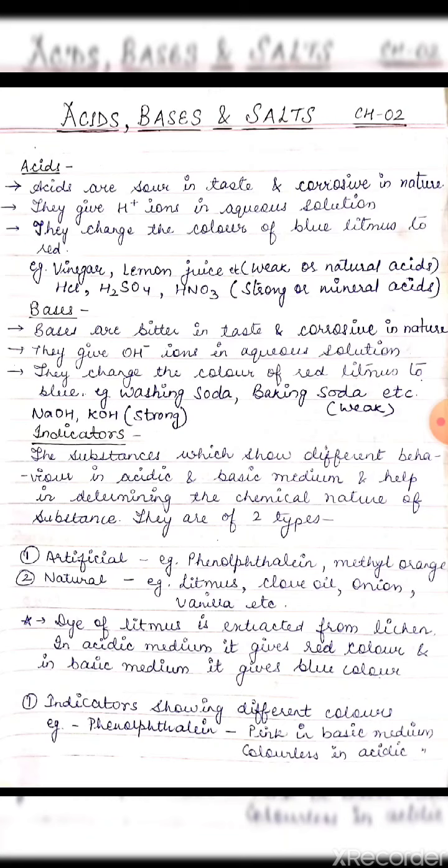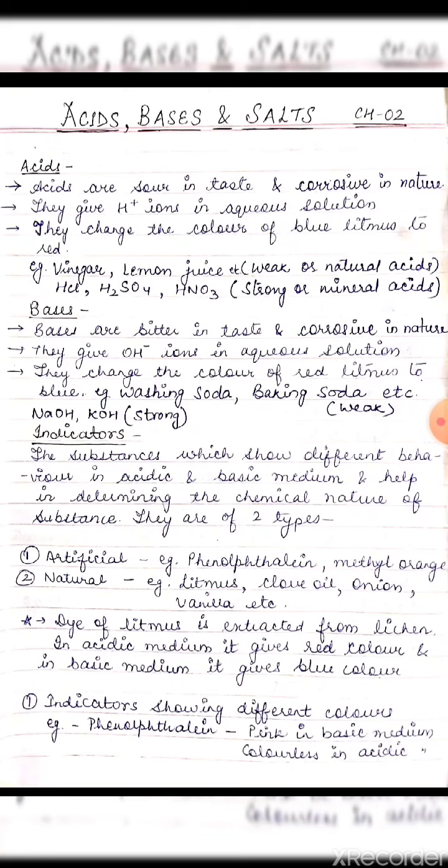Acids are edible also and they are strong also. So some of the edible acids are present in citrus fruits that are sour in taste, and they are corrosive in nature, that means they are harmful for us. For example, if the acid falls on a particular thing, it will dehydrate it. That means it will remove water from it. So it will cause burn.